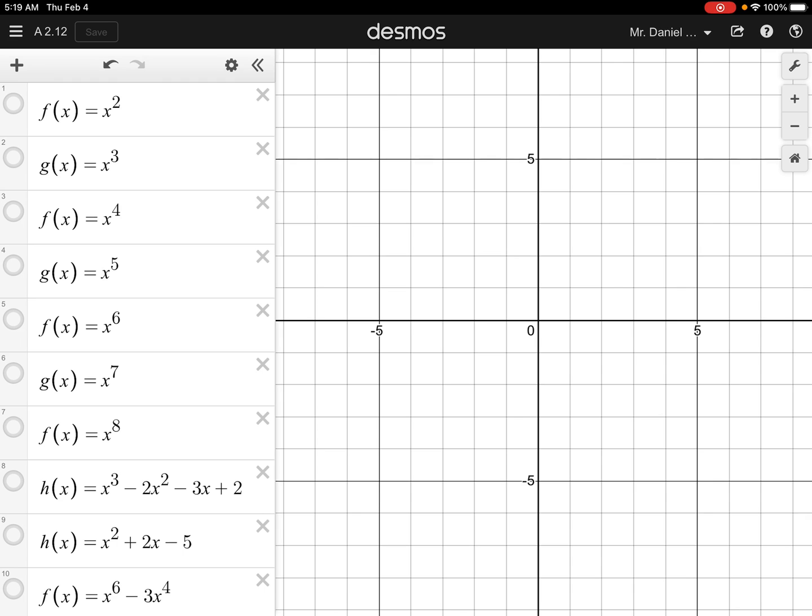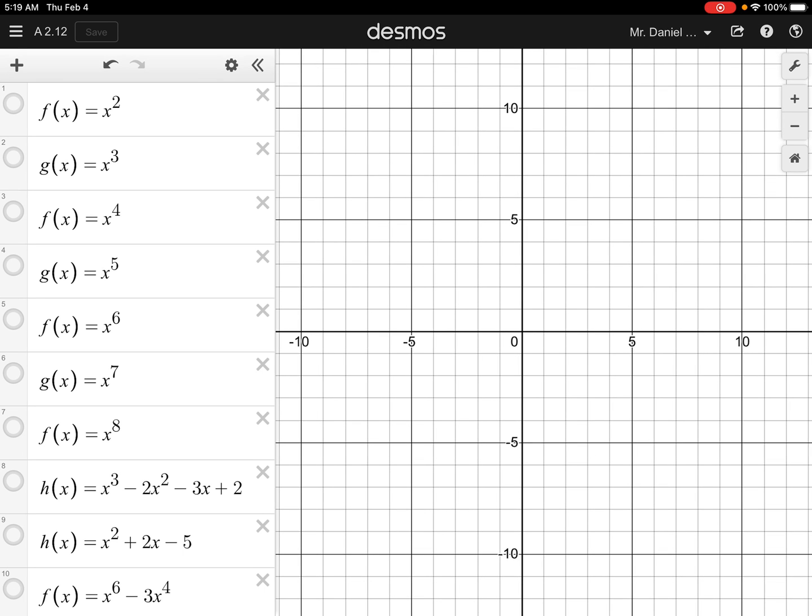So I wrote down a lot here, and we're going to zoom out and look through all these functions. So obviously x squared we know. We know what that looks like. It happens to go to the origin, very nice, and then it's the exact same on the left as it is to the right. If I fold this graph down the y-axis, I have the same on the left and right. If I look at x to the fourth,